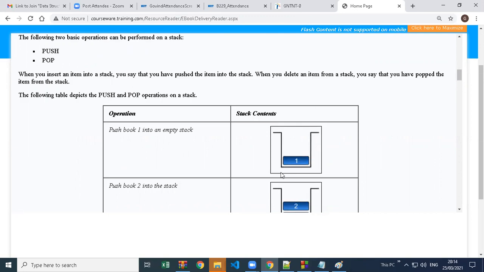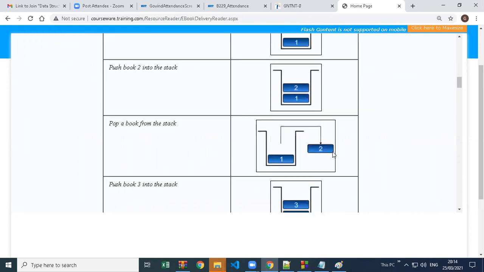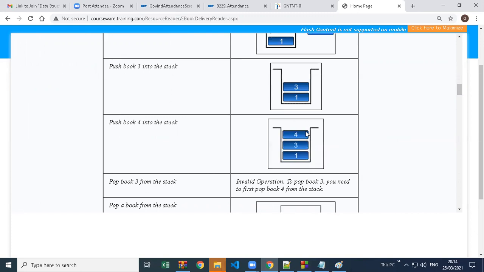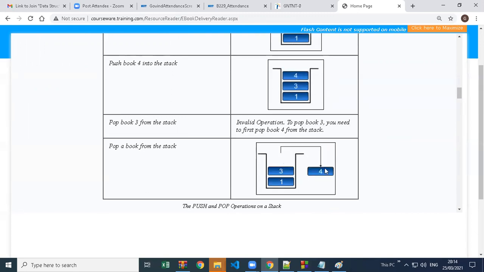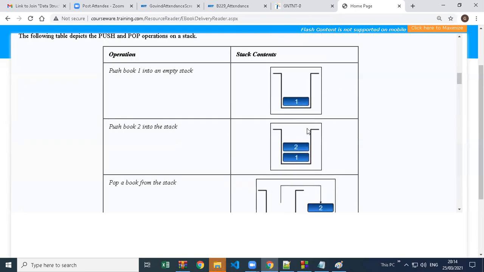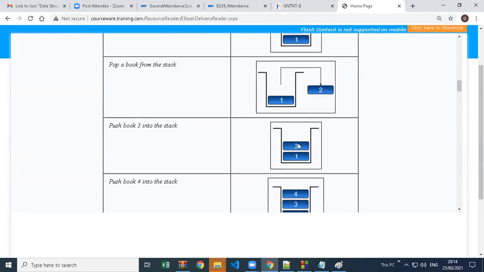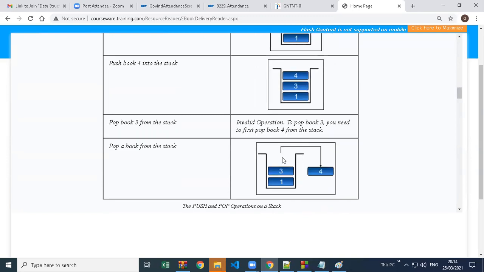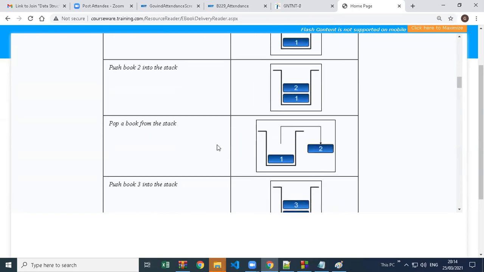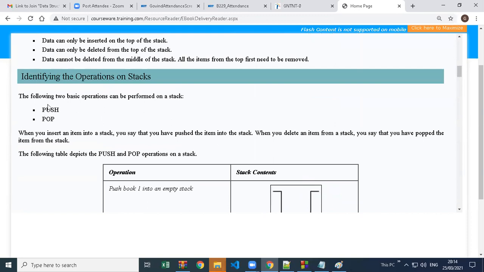Here we pushed value one, pushed value two, popped value two, pushed value three, pushed value four, and popped value four. So this is push, push, pop, push. Here also we are pushing four, and here we are popping four. Just remember these operations, because they also use the same words in the passage.